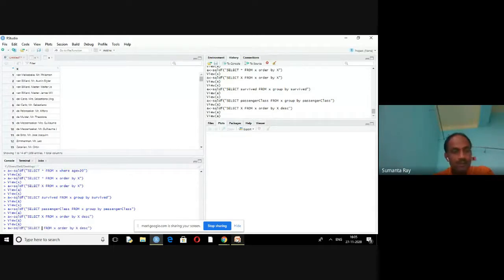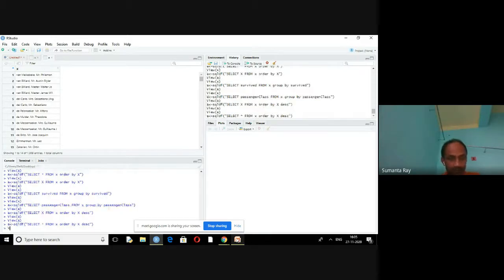If you sort a particular column, all the values, the complete tuple, will be sorted. Not only a single value, the complete tuple will be sorted. So this particular query will display the result. Let's start: select star from table name, order by first column name in descending order. So the complete tuple will be sorted. Maybe ascending order, and that will be descending order. What will be the result?